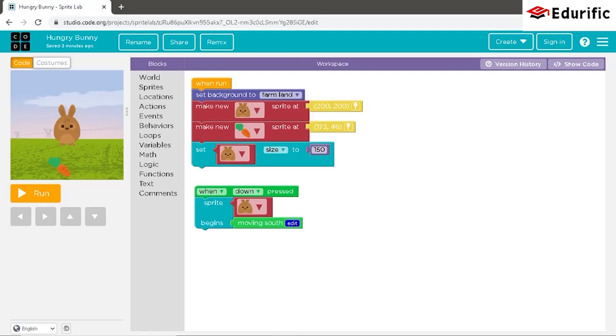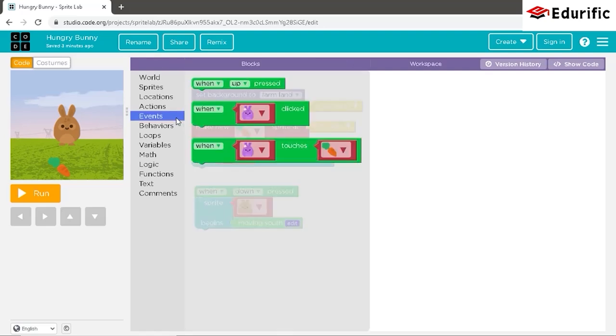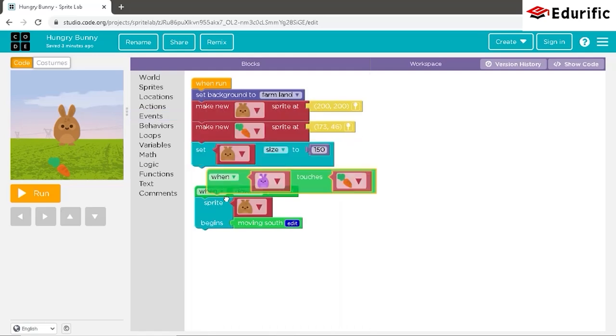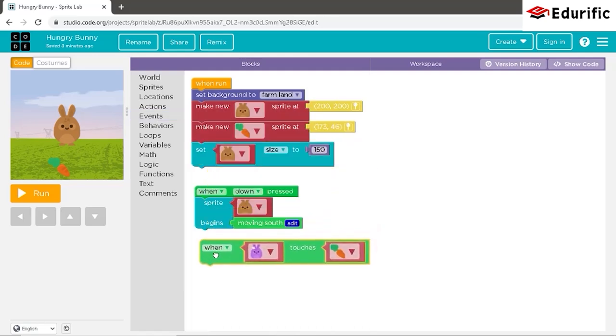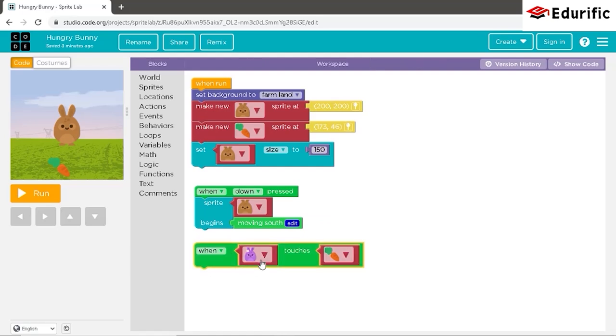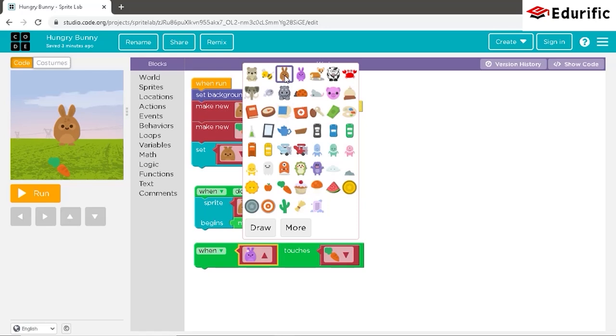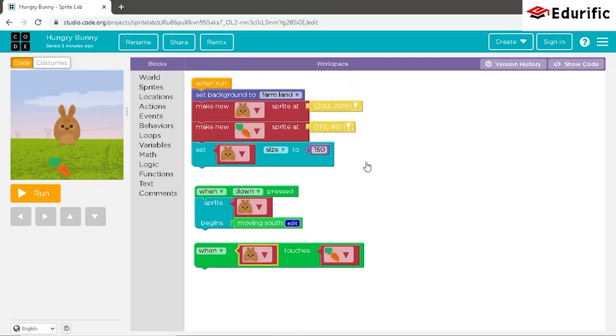So, we shall now add a character for the carrot. That is, when the bunny touches the carrot, it should be disappearing or it should be shrinking. So, for this, we will go to the event section, drag the when command, which says when the sprite touches the carrot. Here we will be changing our sprite to the brown bunny. So this means that we have now evaluated a condition which says that when the brown bunny touches the carrot,